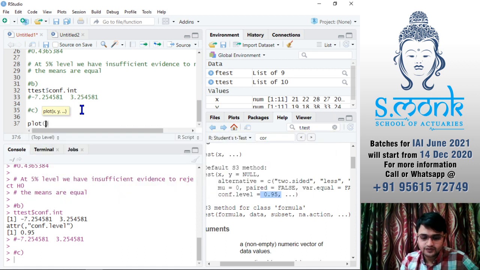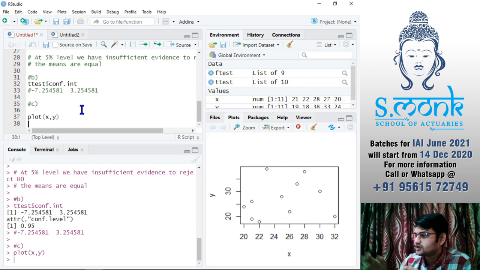It's intelligent enough to understand what kind of plot would be the best for representing that data. So as soon as I say plot, if I press Ctrl Enter, I will get a scatter plot diagram. Clearly this is not a question of linear regression, therefore the scatter plot shows us that there is no relationship between x and y. But I just wanted to show how you can copy paste this graph.